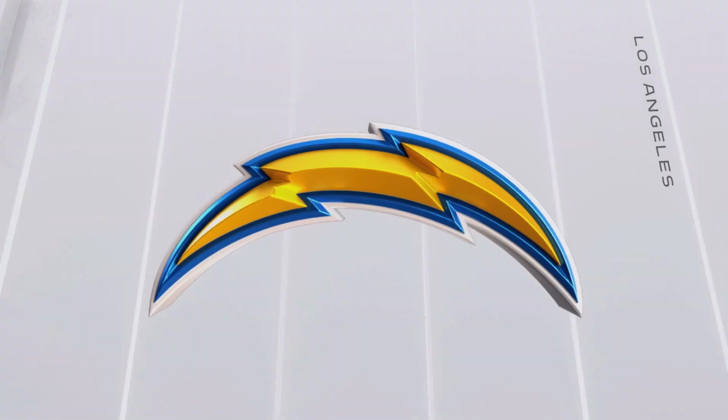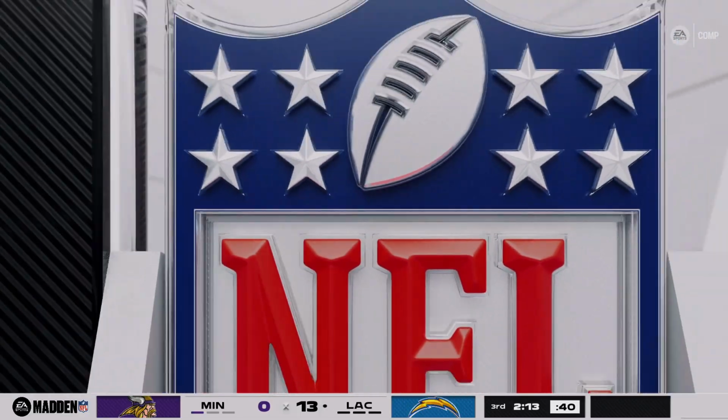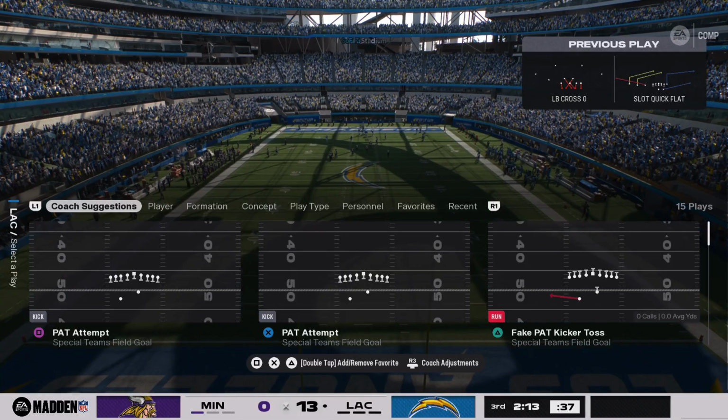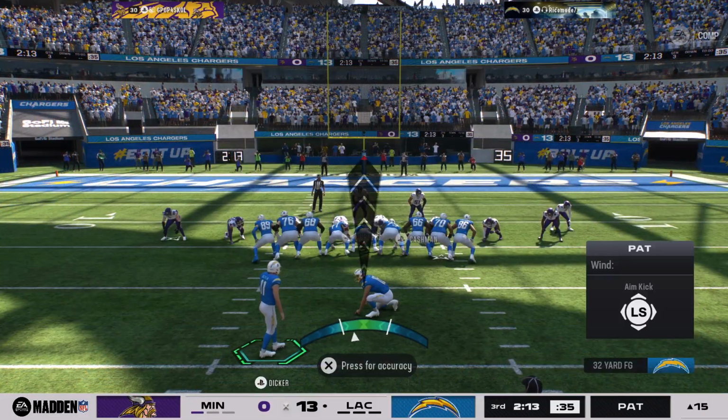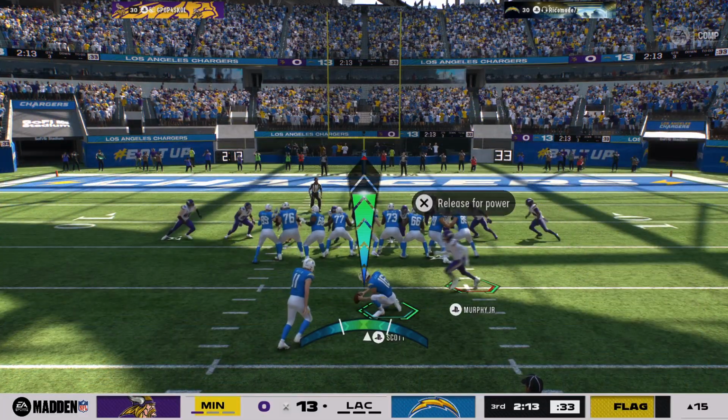The Chargers push their lead further to start the half. That play really had all the elements you're looking for from a tight end, showing that he can stretch that field with the route check. Secure the catch, quickly become...